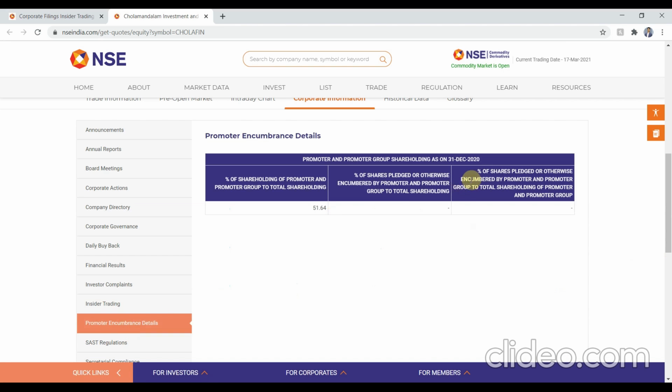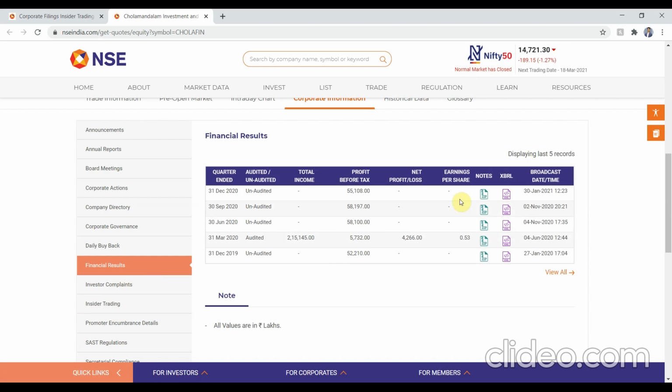Next one, pledging: no pledging. So again, let's check our optional result, that is financial results, the earnings per share. So the latest earnings per share, I don't know whether the data is missing or this means 0 rupees. But anyways, we'll check the earnings per share for which the data point is given, and that is a positive number. Again, I don't know exactly whether this dash means 0 or the data is not available. So if you guys know, then I would really appreciate if you could mention that in the comment section.